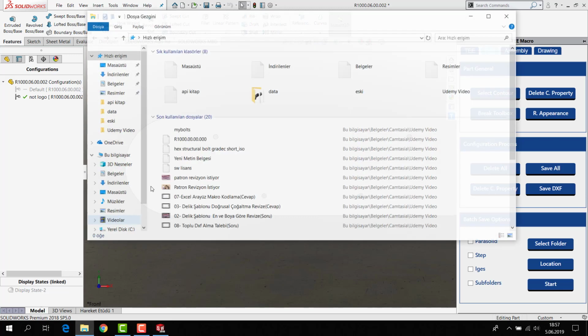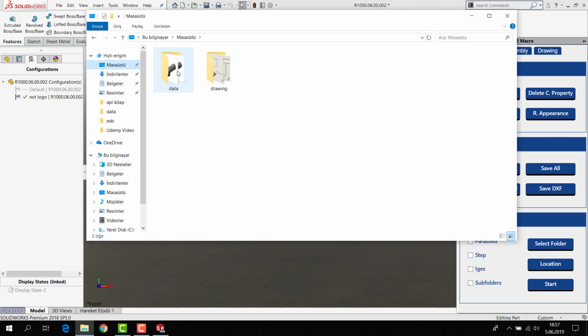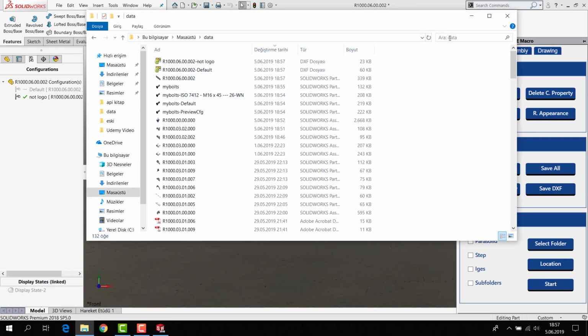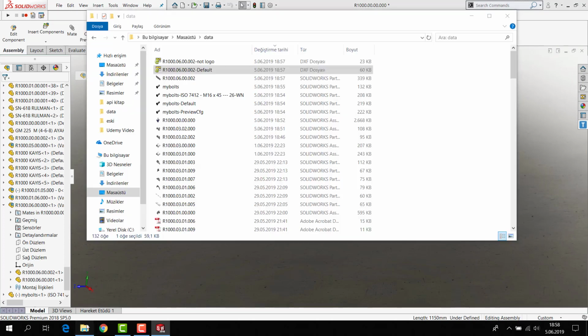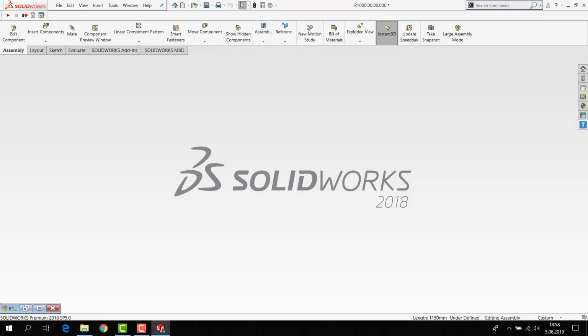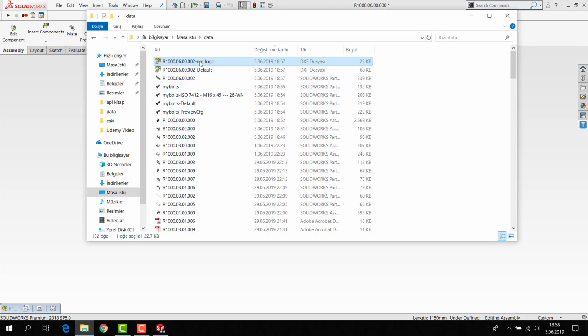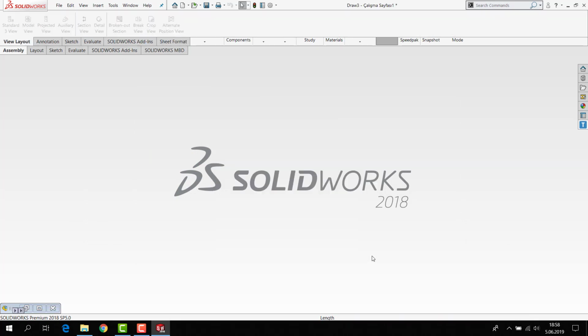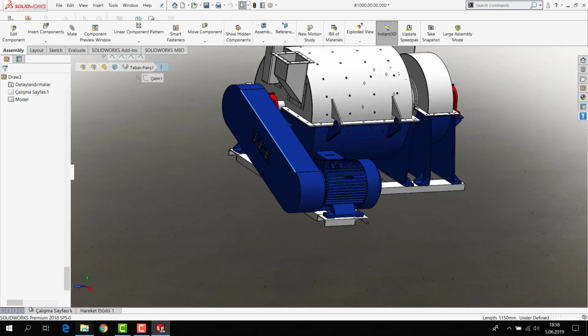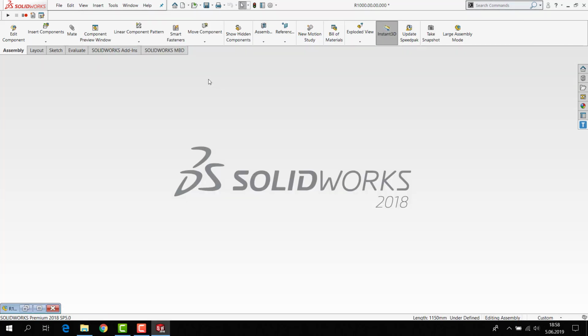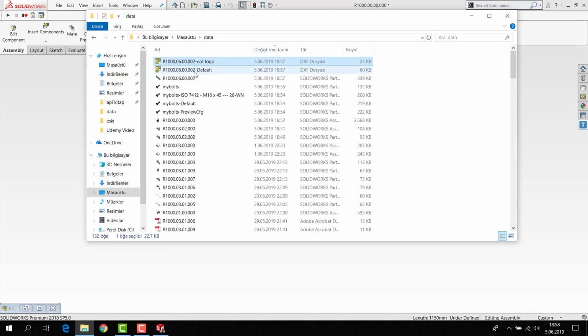If I want to check it and open it, you will see the same data, and I close, and I want to add not logo, and finish it. You will see it's easy. If I want to check the other one, my default,